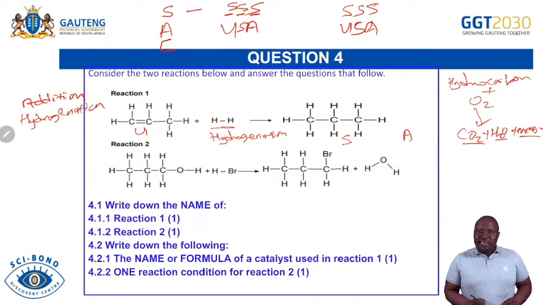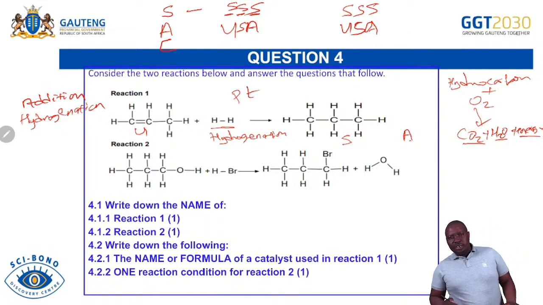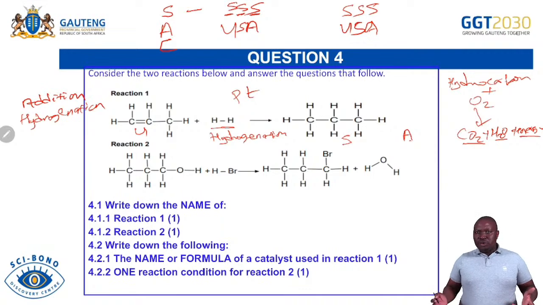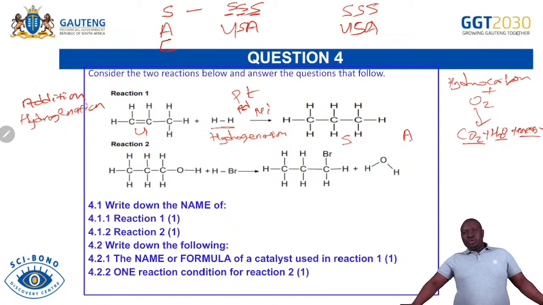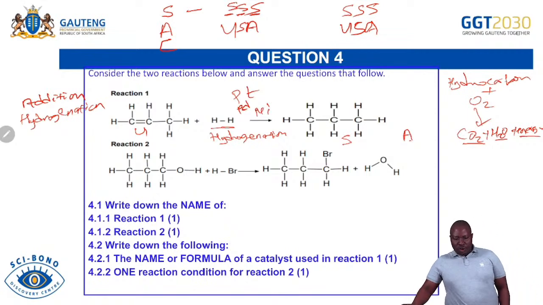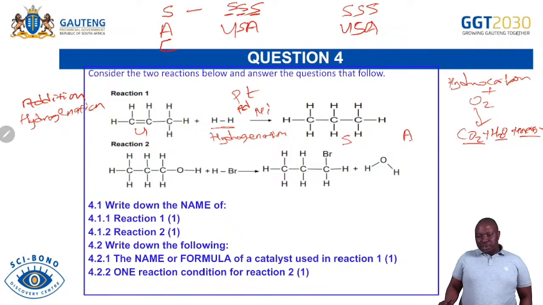Is there any catalyst that we need? Yes. We'll say platinum. Just write one, it's fine, unless we say two, but most of the time we'll ask you to give us one reaction condition. So the reaction condition will be a platinum catalyst, or palladium, or nickel. You are spoiled for choice. You have three of them, so you can write any of those three. So know that for hydrogenation, you are going to use platinum, palladium, or nickel. So those are the questions you should expect us to ask you.